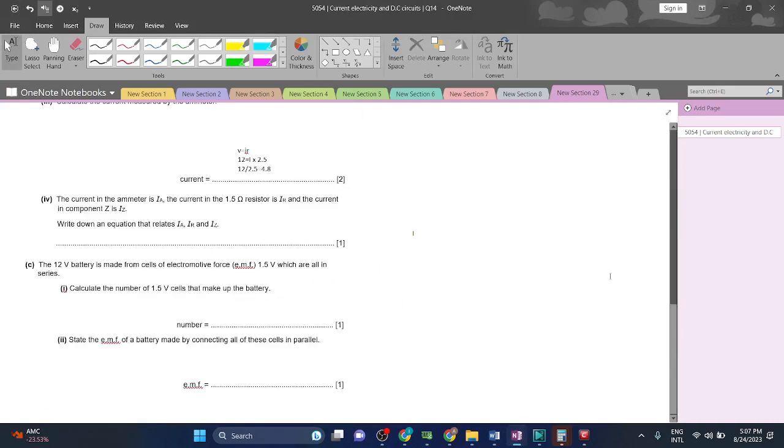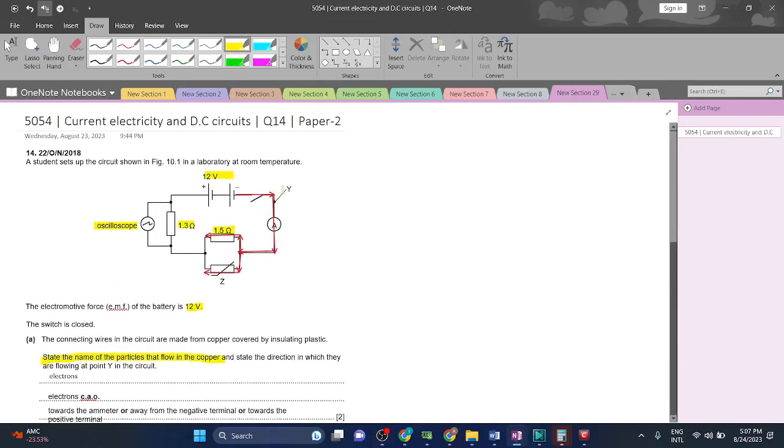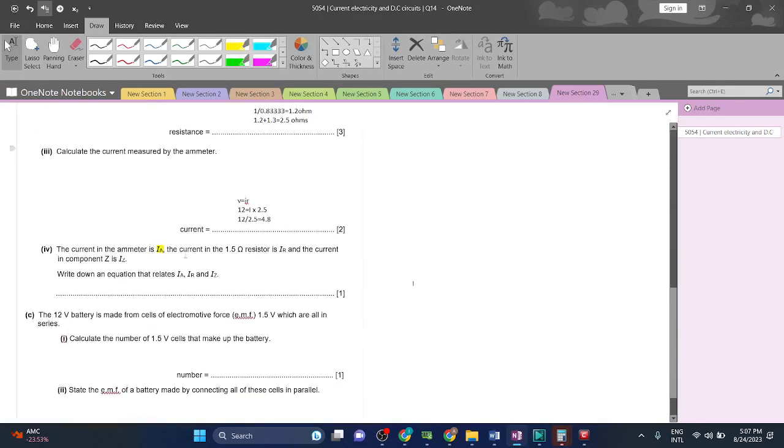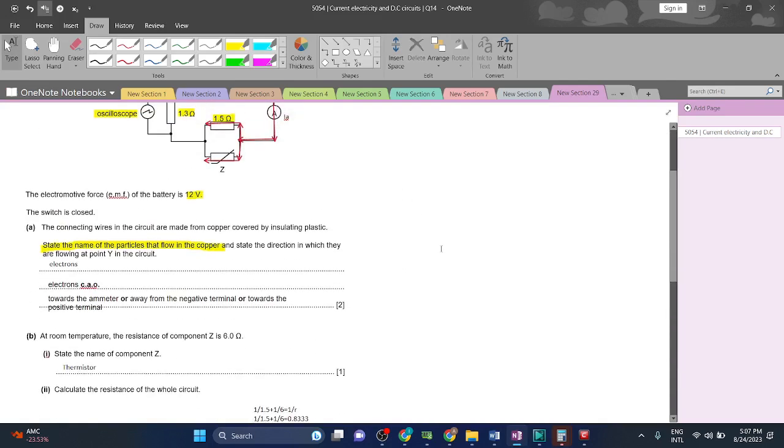Part 4. The current in the ammeter is IA. So the current going through the ammeter from here is IA. IA will be the current flowing through the ammeter. Next, the current in the 1.5 resistor is IR. IR will be the current in the 1.5 resistor,